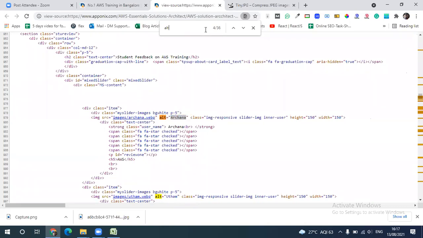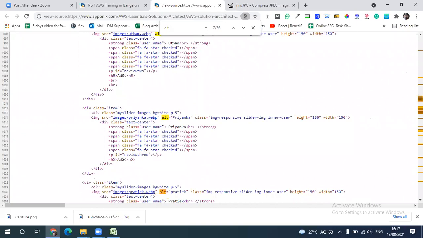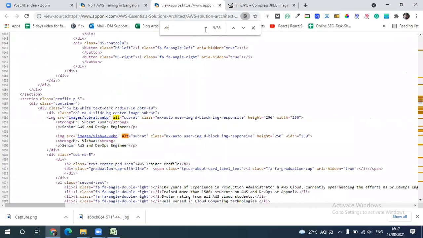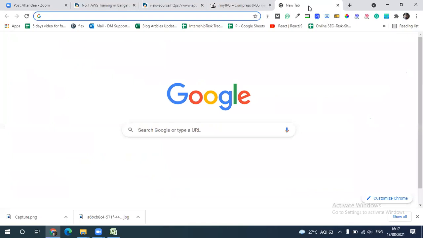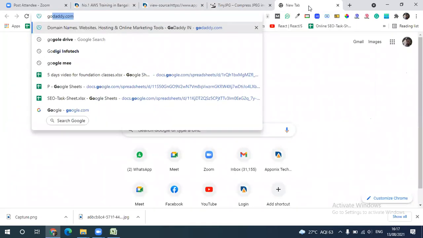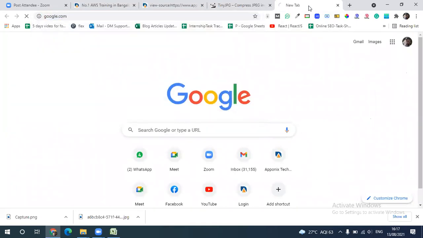If it is an important image, you have to mention a relevant alt tag also. That is important here. For example, take Facebook, Just Dial images. If people search on Google for Just Dial, at that time there is a chance of ranking more. The purpose of using this is only that.